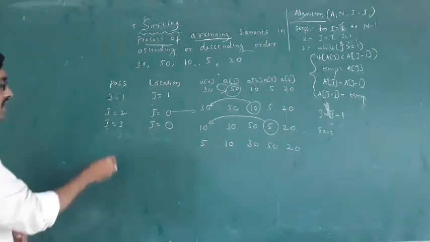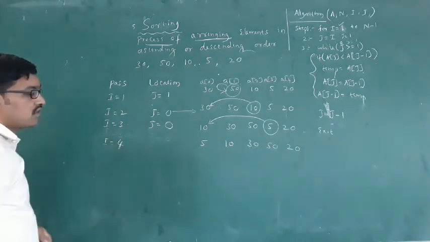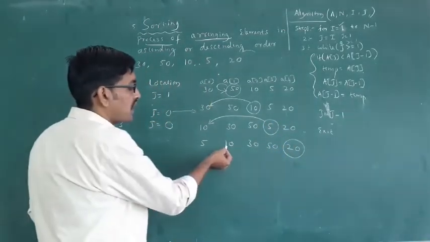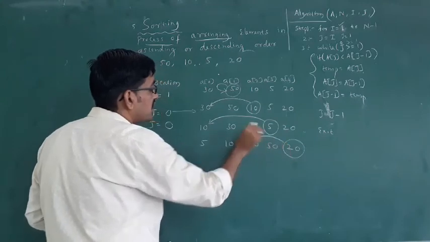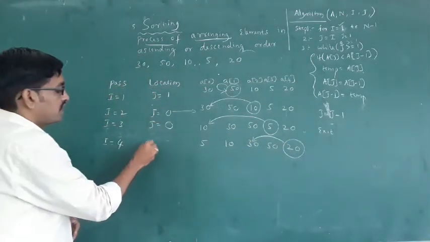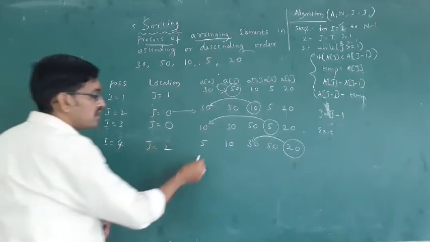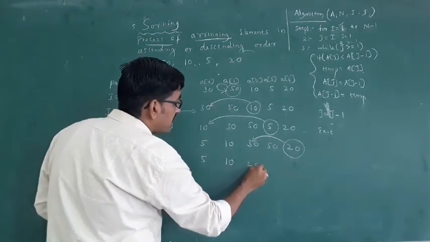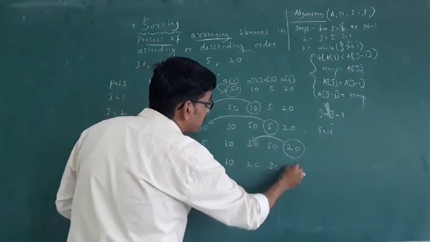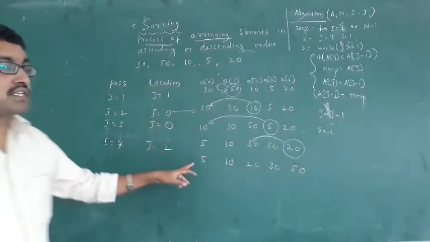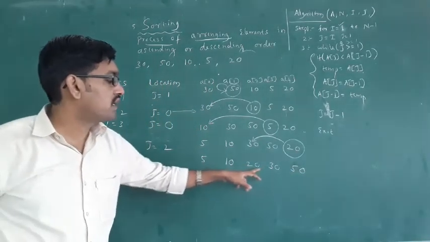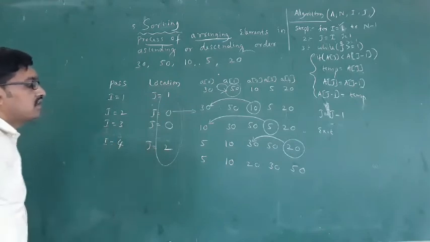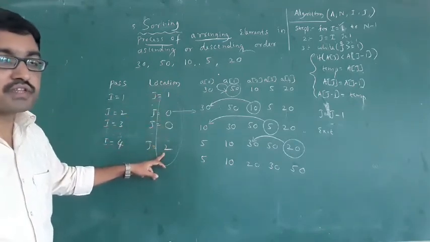Okay, then after that i equal to 4, just round the 4, 20. In which position do you have to insert 20? See which position it should be. You have to insert 20 in a of 2, so j equal to 2. Then 2 means just 5, 10, then 20 comes here, then you have to insert 30, then 50. Now see it will be sorted: 5, 10, 20, 30, 50. Then the locations are 1, 0, 0, 2, these are the locations.